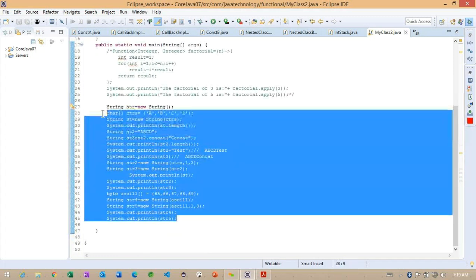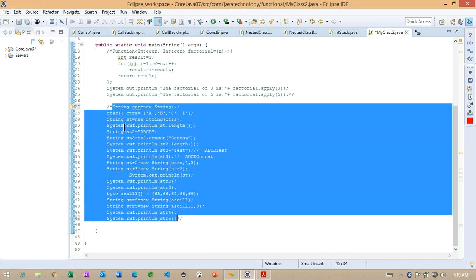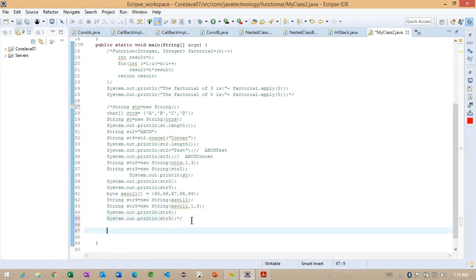Getting the point? Let me comment all this information here. We'll try to focus on the below logic. Back to here, now what I'm doing is, I'm simply making string age is equal to 9. This particular string age equals 9 I'm adding here.